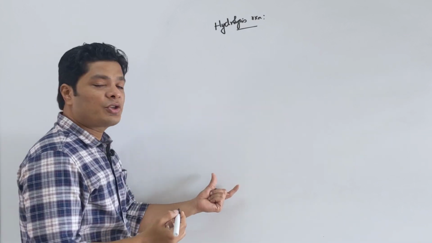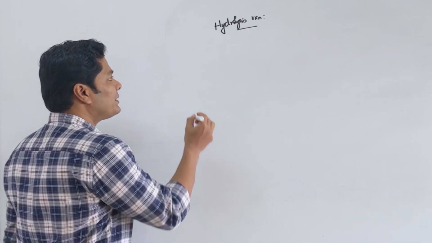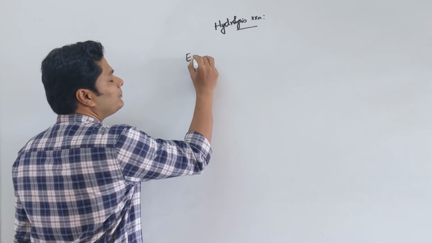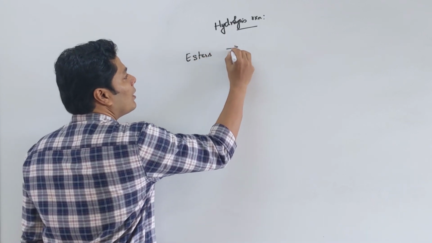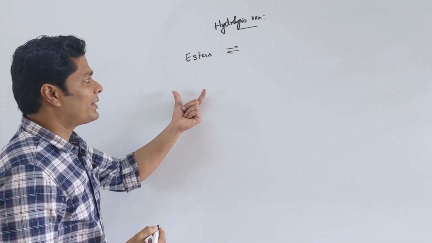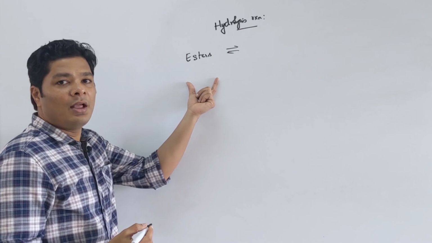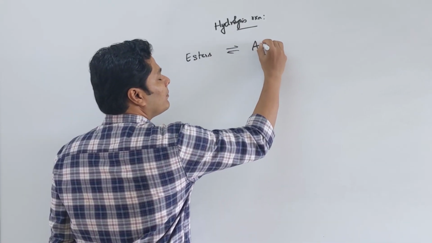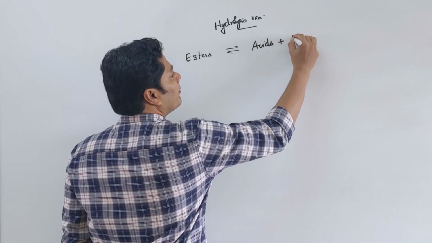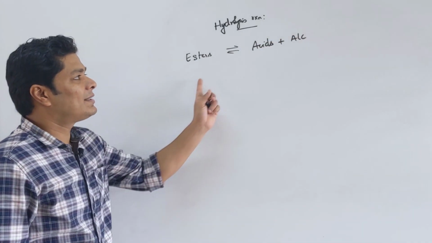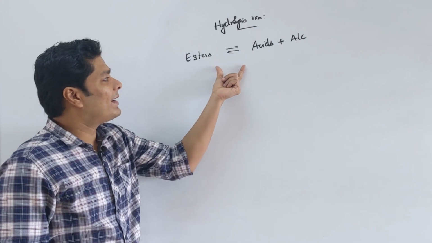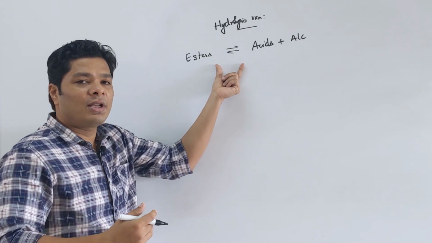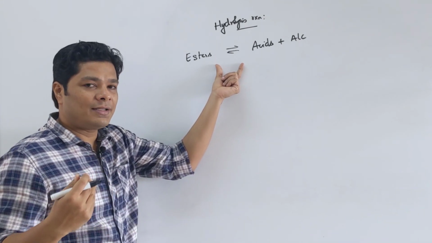Now here multiple functional groups can give you acid. We'll go in sequence. The first is esters. This is the reverse of the esterification reaction, because esterification is reversible, meaning we can also look at esters as the reactant, giving you the corresponding acids and alcohol as product. This can be catalyzed by an acid or a base. Similarly, your esterification can be catalyzed by an acid or a base.